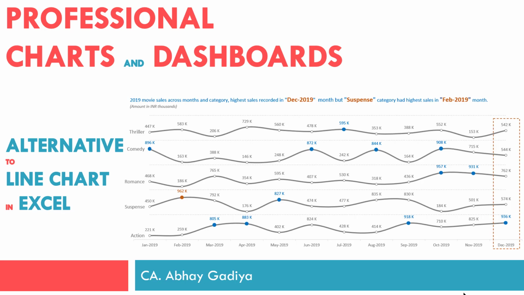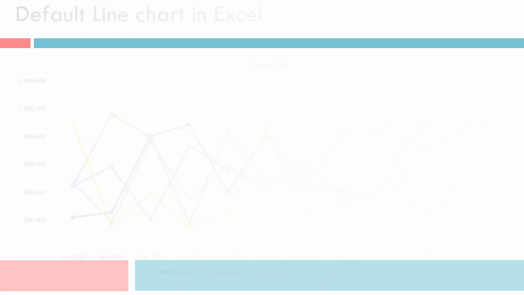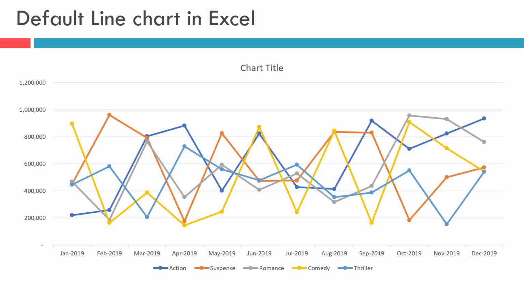You might be tempted to use a line chart to present that kind of dataset. So when you create a line chart in Excel, the default presentation will look something like shown in our next slide. Now I am fully confident that after looking at this chart, you would find this presentation very confusing and useless at times. It is exceedingly difficult to get any kind of insights from this presentation. So you might now ask, what is the alternative way to present this same dataset?